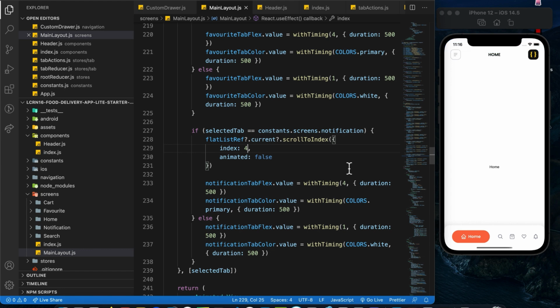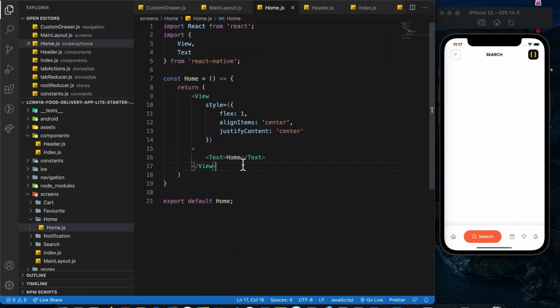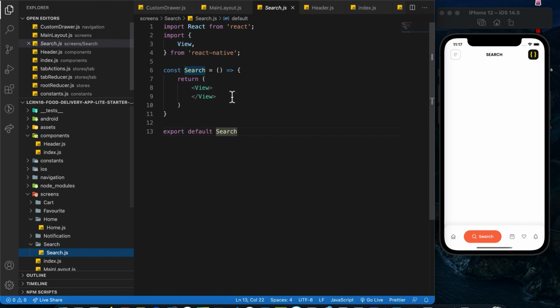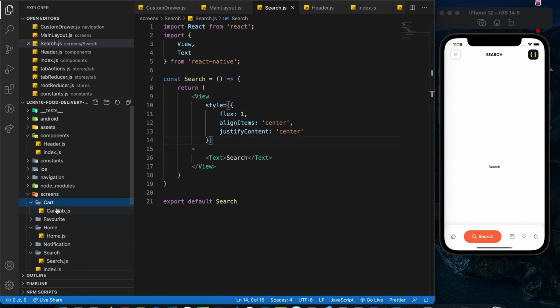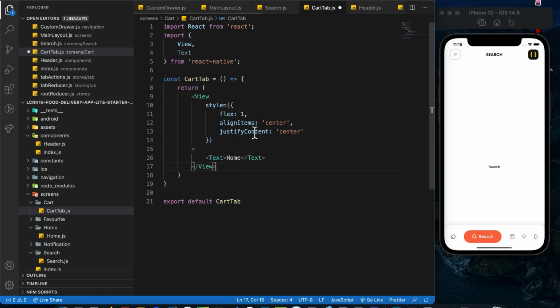Alright, save it. Now if I were to change the tab, the screen should change accordingly as well. Now let me quickly add a few text components so that we can verify that it's actually working. Okay, so home over here, alright, I'm gonna just copy and paste it over search like this. We need the text component. I'm gonna change this to search, save it. Next we have cart. So for this, same thing, I'm gonna change this to cart,